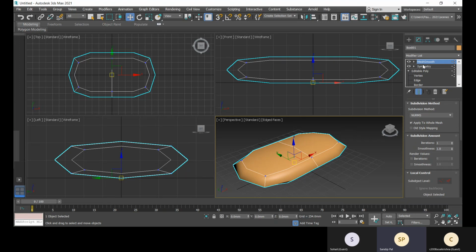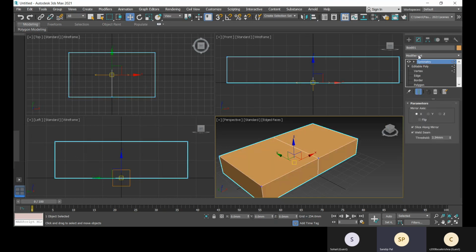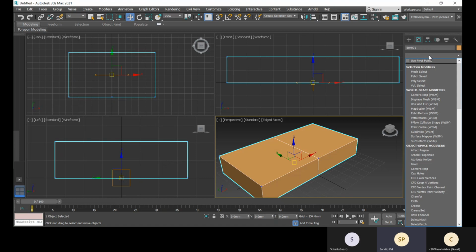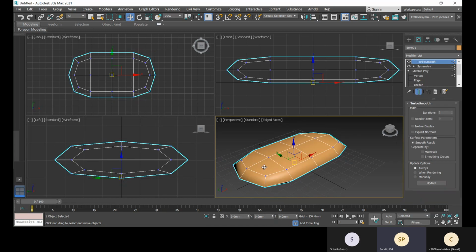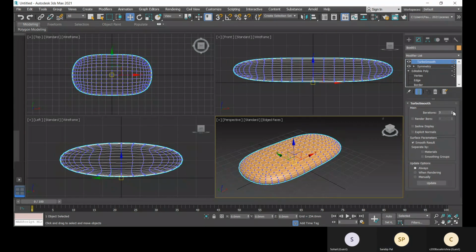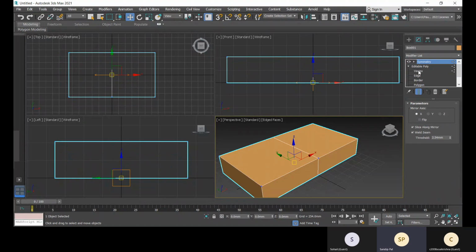Suppose you don't need mesh smooth right now, you can right click on it and delete. And you can go to modifier and see the turbo smooth option is available. See, turbo smooth is giving me more polygons over here. I don't need that many, right? So I will simply delete it.